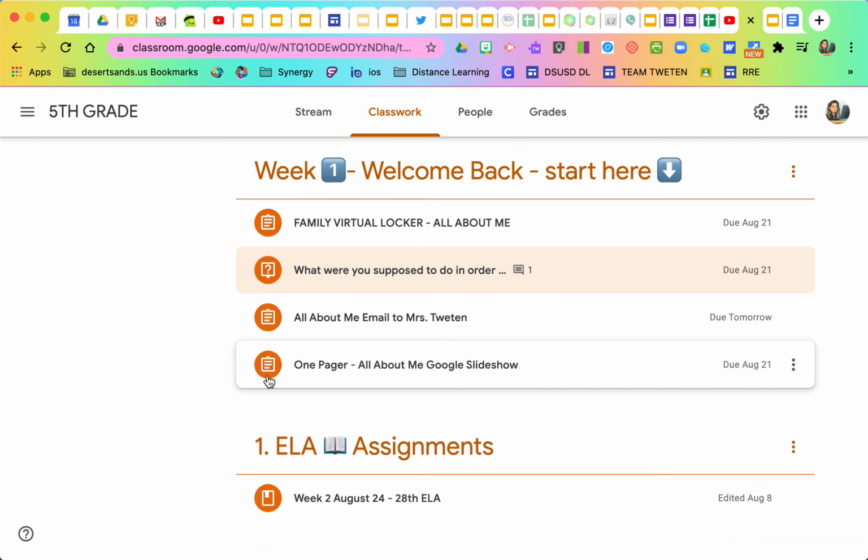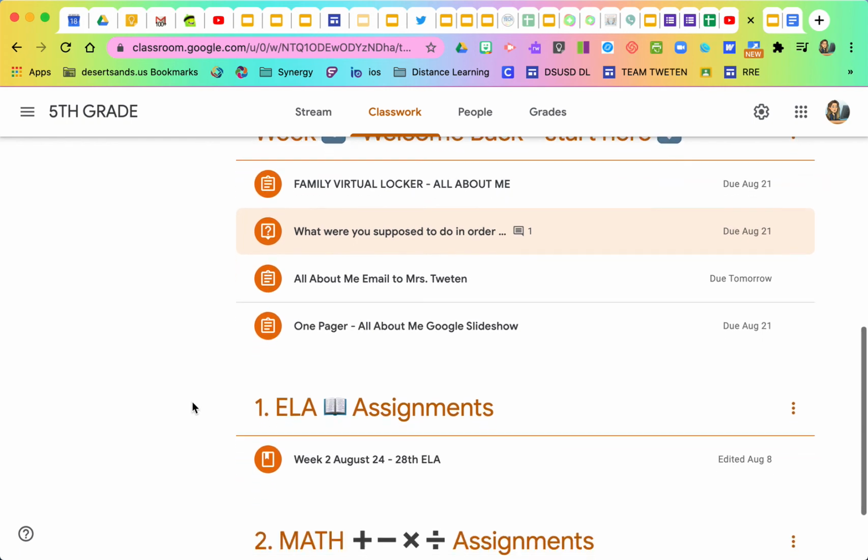Okay, so those are their assignments, and most of them are due on Friday, which is at the end of the week. The only one that's due by the end of tomorrow is the All About Me email. So if they don't by chance get it done by Wednesday morning, then they will have time tomorrow. I will give them time. But it is due tomorrow. If it is not turned in tomorrow, it's considered late. I will still love to receive them, but the purpose is I need them to use their Gmail and show me they know how to use it. So if they come to class tomorrow and they haven't turned it in,